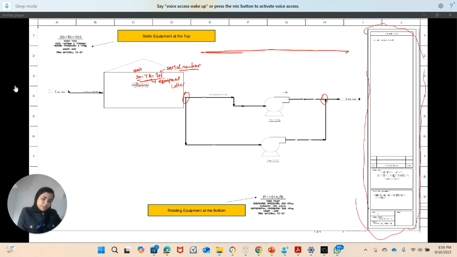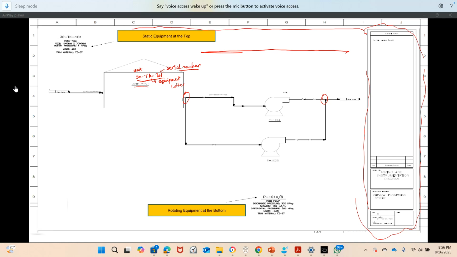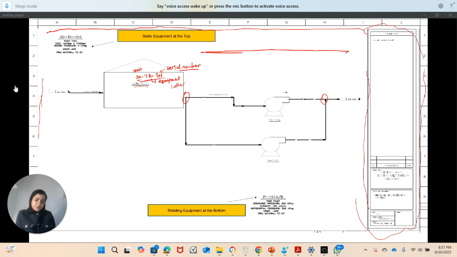Another thing I wanted to mention is the grid system. The grid system is, as you can see here, the letters along the top. So along the border of your P&ID, you will have letters and numbers, and this gives you the freedom to know what exactly your equipment is. So it helps you to aid communication, and this is sometimes very important, especially when you are speaking to other